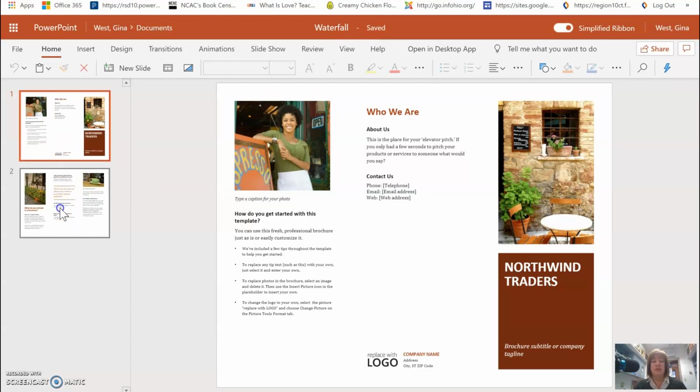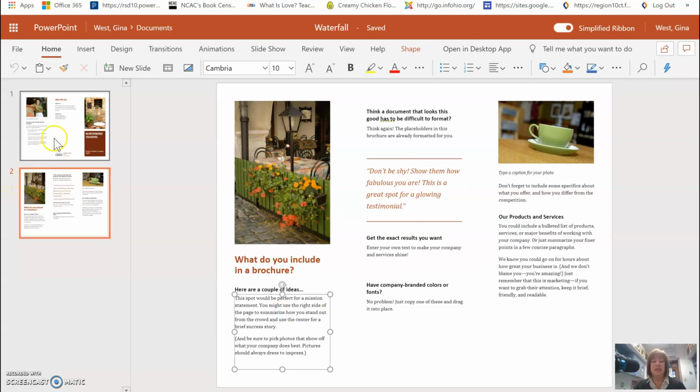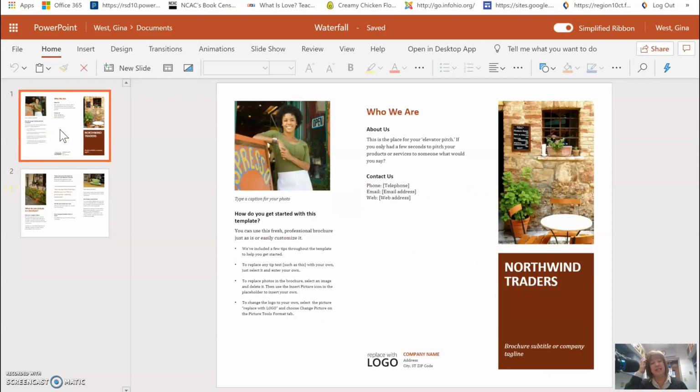This is the front of the brochure. This is the back of the brochure. You could change out the pictures. You could change out quotes. You could change out anything here. And they also give you some ideas. Remember, this is a business brochure, but it gives you some ideas of what you can put in each of